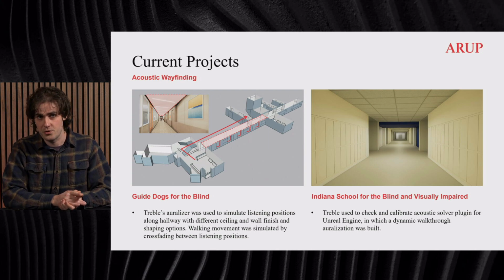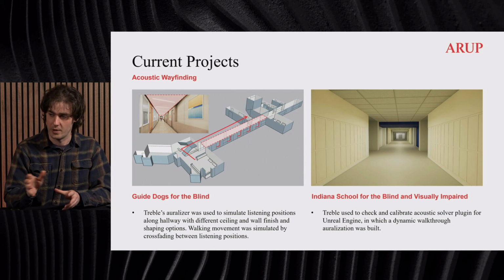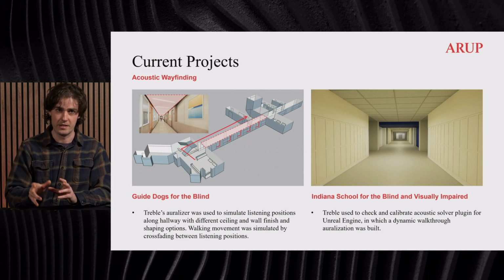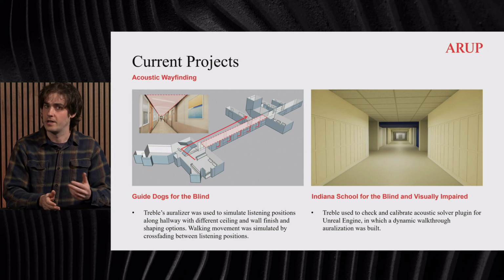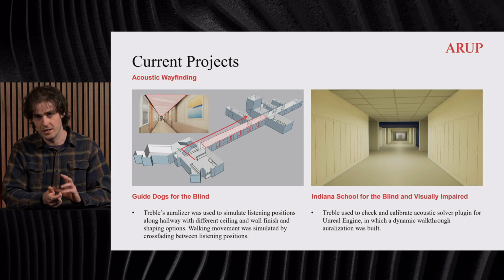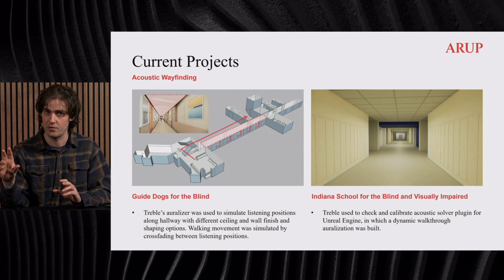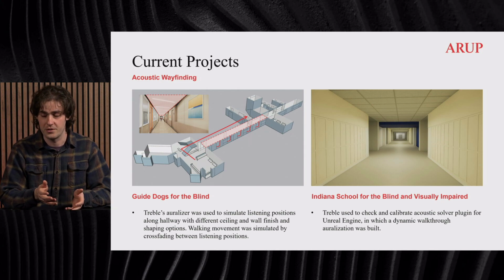And so for guide dogs, we use Treble's Auralizer the whole way through, and we simulated the dynamic walkthrough element of it by crossfading between different listening positions. And the main win here is that we were able to really quickly iterate on designs and take direct output from Treble's Auralizer, record it into our computer, and then easily crossfade between those to get our simulated dynamic walkthrough. And this was presented to the clients in our sound lab in San Francisco, and it was